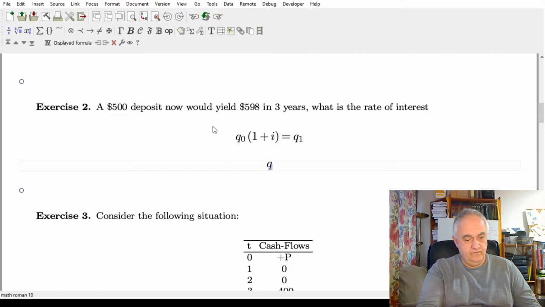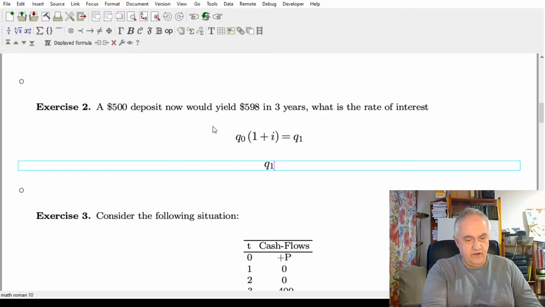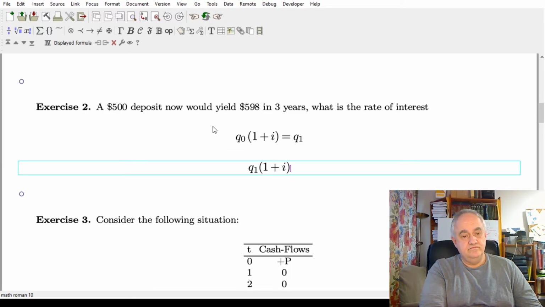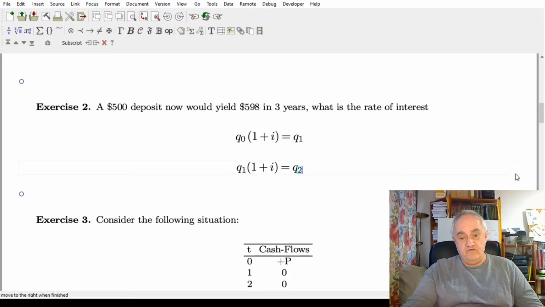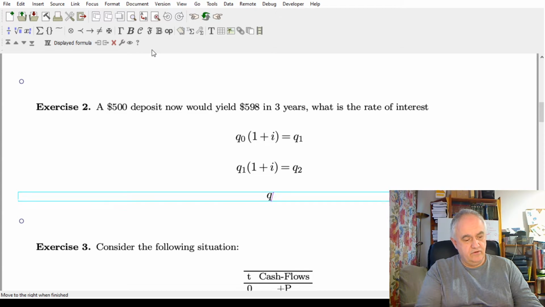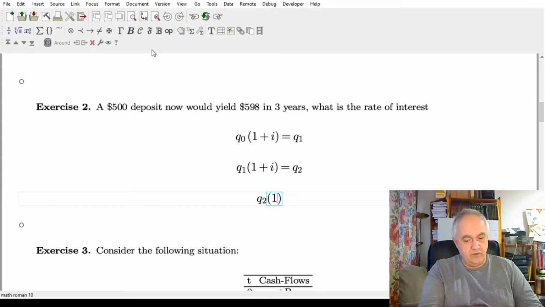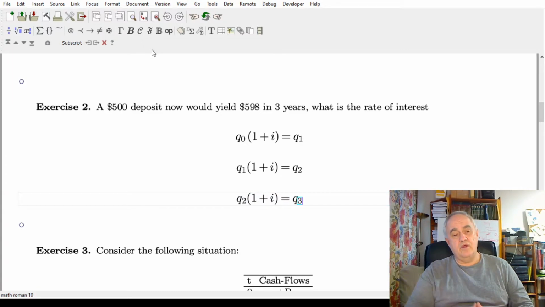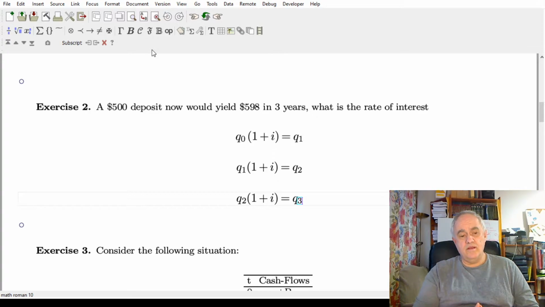Then we can also say that Q1, kept during another year in the bank, will be transformed into Q2. And finally, we know that Q2, if kept in the account during another year, will be transformed into this. That will be the final Q3. So we have here three equations. We know Q0, we know Q3, and we want to know